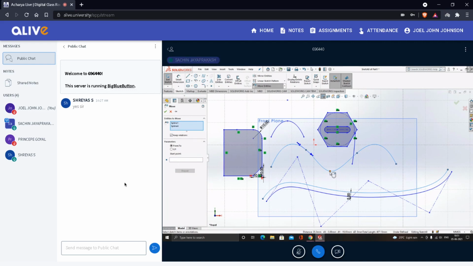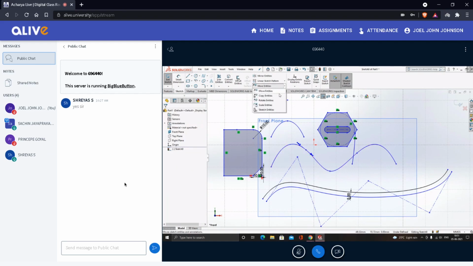Okay, similarly this is copy, Control C, Control V thing, and this is rotate, and this is scale, and this is stretch. Okay,